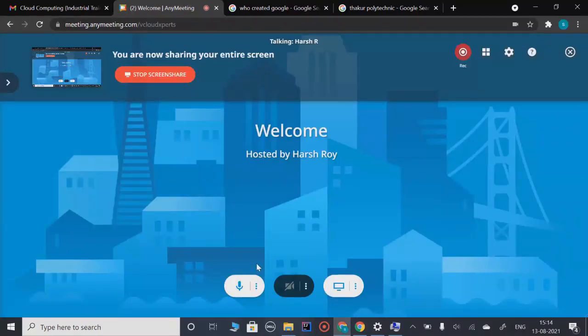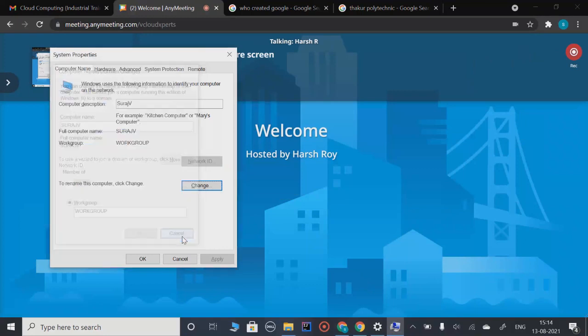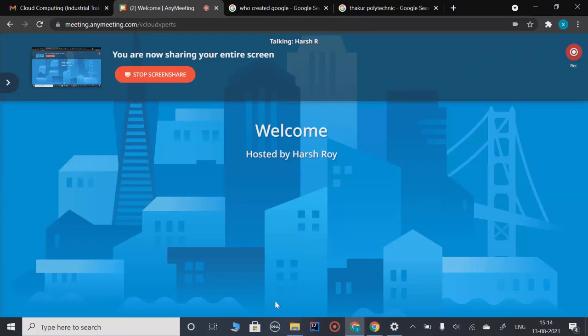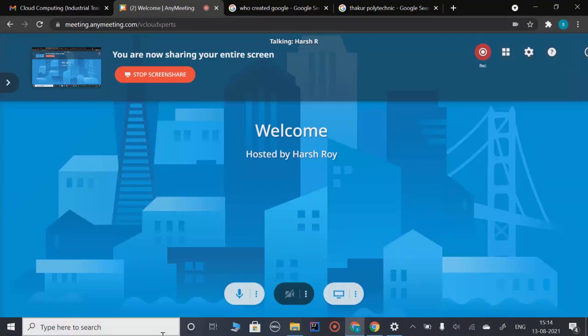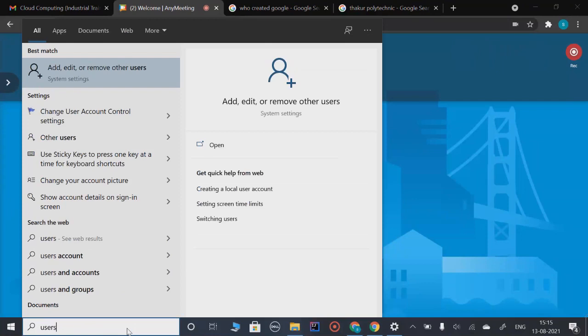Because yeah, the reason could be you right now are a user who are logged in into your system and might be you're not the administrator. No, sir. I am the administrator. So if you are an administrator, then you should get that option. यहाँ पे users and groups में जाओ. Type here to search. Go to users. Type users over there. First option, add, edit, or remove other users.